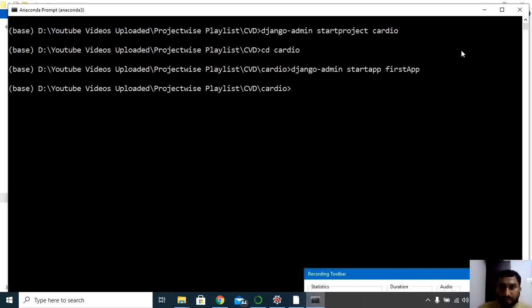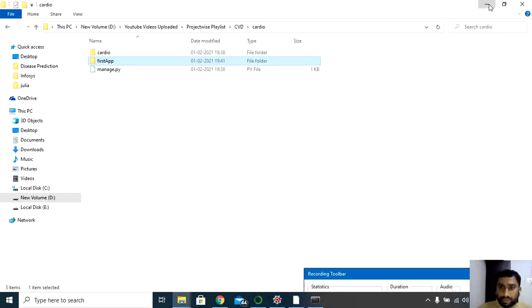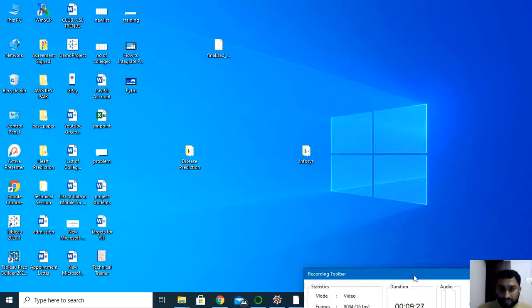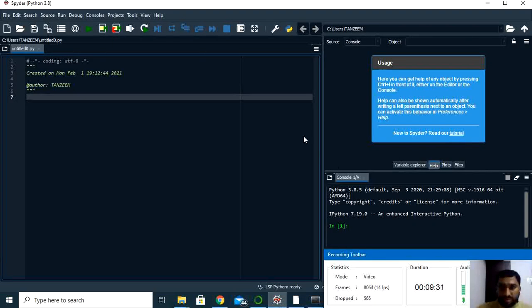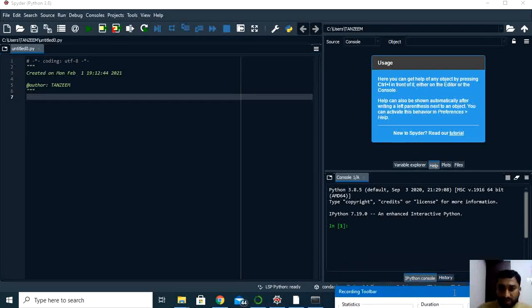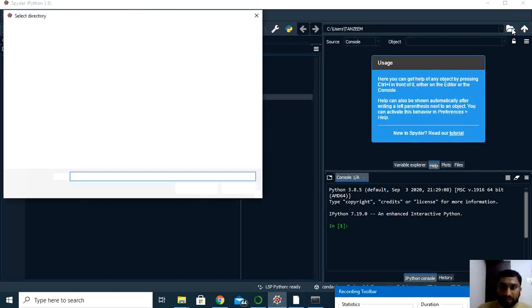After that, let me open Spyder. Let's go to Spyder. This is the main dashboard of Spyder. You can see here where you can write the code and execute it. This is going to be the terminal, and this is the library of files. Let's open all the files which are required to deploy my machine learning model.